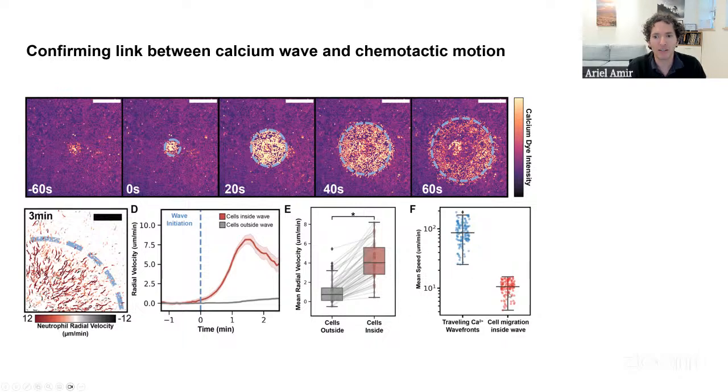And you can indeed see again that the speed of the traveling wave is an order of magnitude faster compared to the speed at which cells are starting to migrate inwards in response to these waves. Okay, so this is validating this calcium imaging as a good readout for the chemotactic motion, the motion of cells